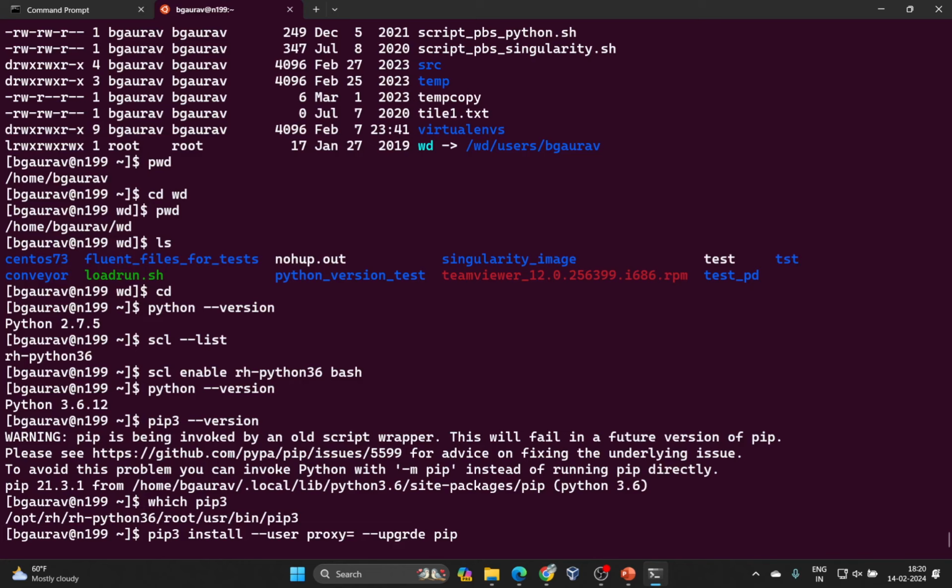So, what you have to simply say is proxy, and then it's a proxy server, http://10.8.0.1:8080, right, and then you press enter, it will upgrade pip. But for me, I do not want that because I have already done it. So, I do not want to waste time on this. But it is available for you to